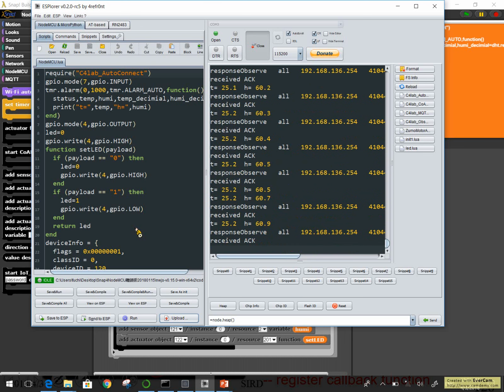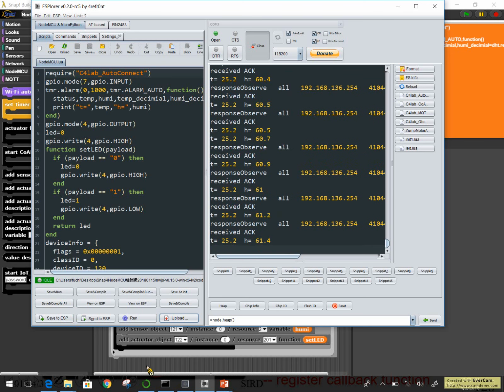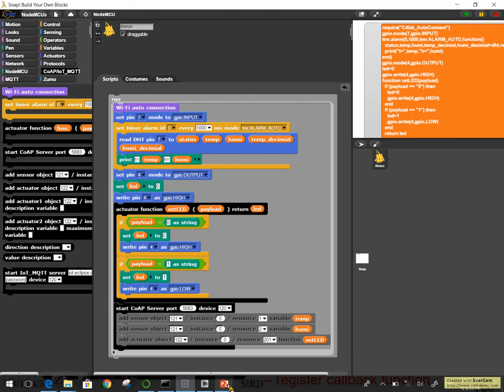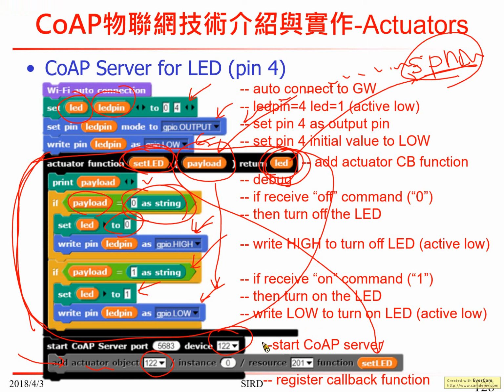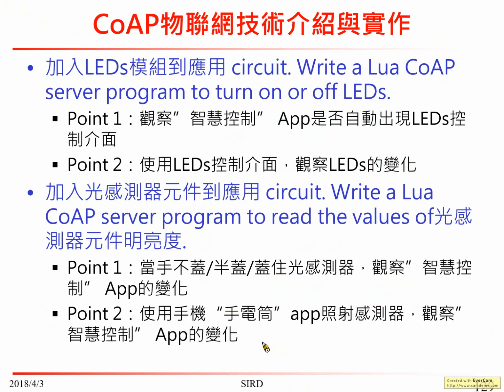Alright, okay, this is the CoAP. So, any question? Maybe for the rest of you can try to do it. So, you might add a light sensor, as I mentioned, to it, and maybe you can